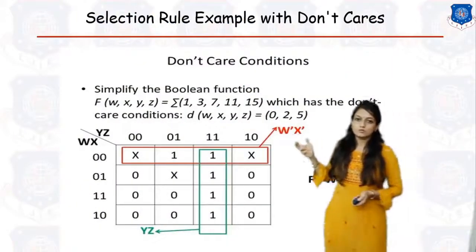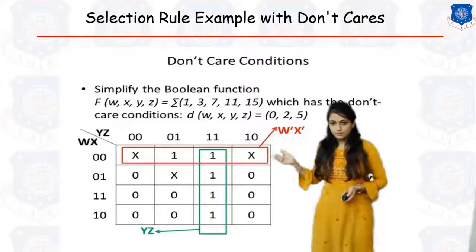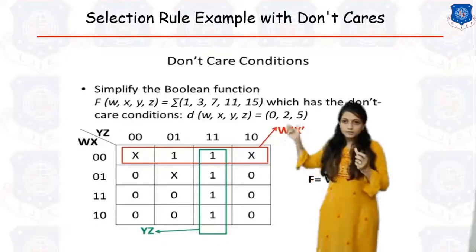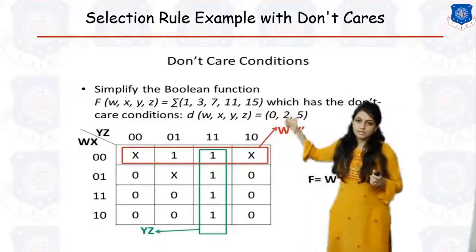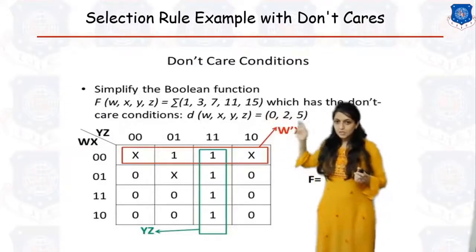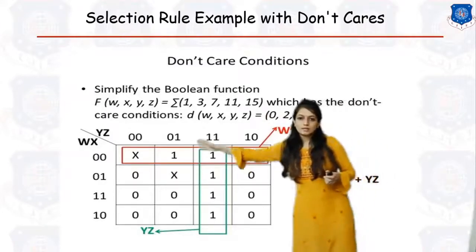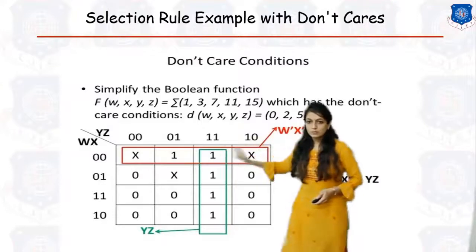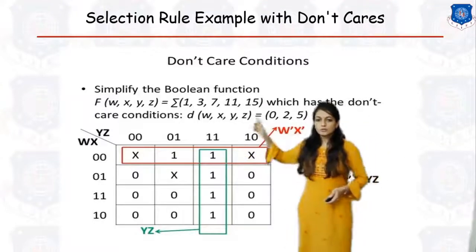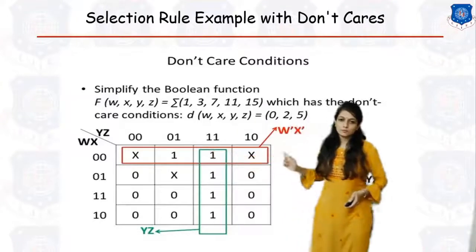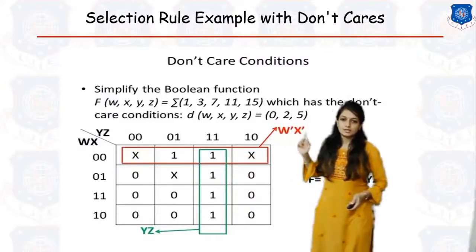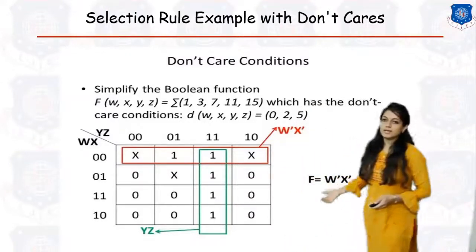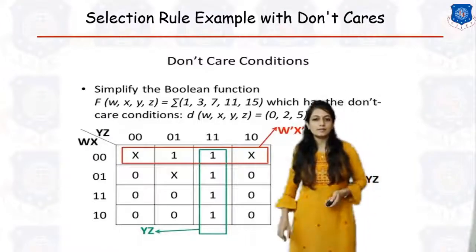So what are the selection rules? What are examples of don't cares? You need to write a cross for the don't care. In the example you will find that the function is given with a don't care condition at this position. So for it you need to place a cross at the corresponding positions, and you need to include the crosses, but not include zeros. Right? So one you will get this group, the green one, another one you will get this group. For this it is denoted as x dash, and for this it is y z. Okay, so this is your answer for the don't care condition. This is the way to solve the example using don't care condition.